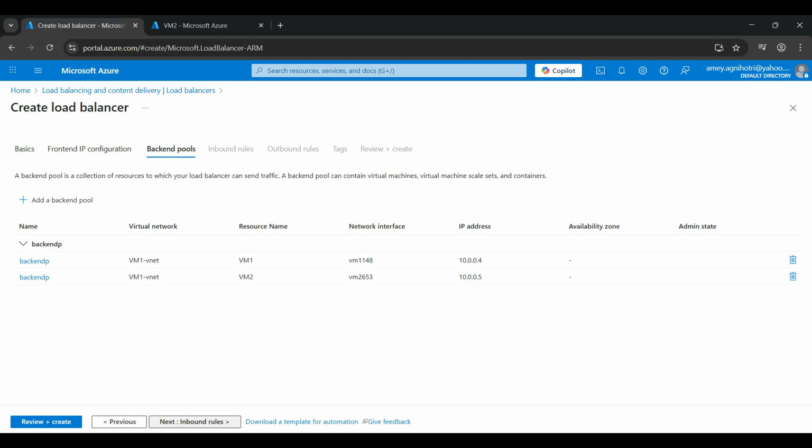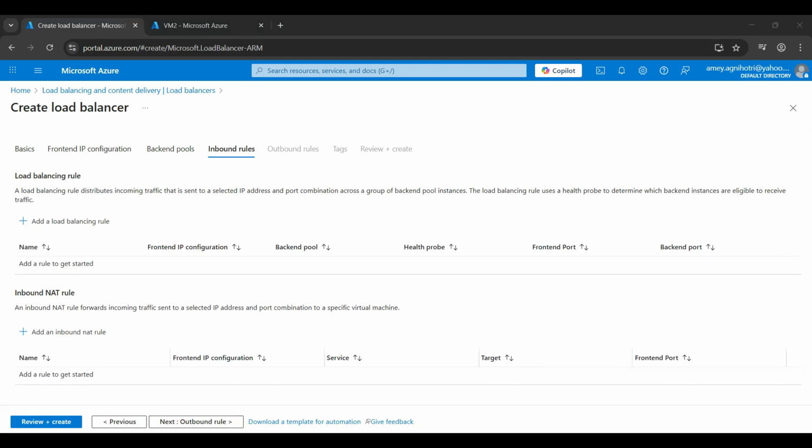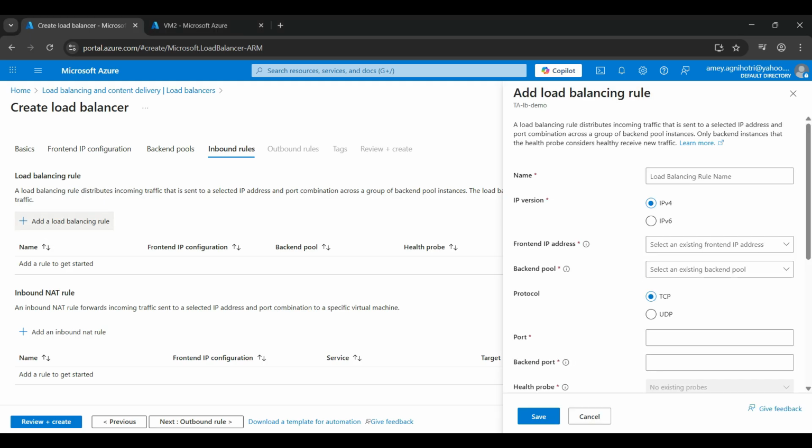pool. So now let's go to the next tab, that is inbound rule, and in that let's click on add load balancing rule, and in that we have to set up this front-end IP address and backend pool addresses with this load balancing rule. So we'll give the name, that is load balancing rules, and then the IP version, that is IPv4, and then the front-end IP address that we just created, and then the backend pool that we have just created,